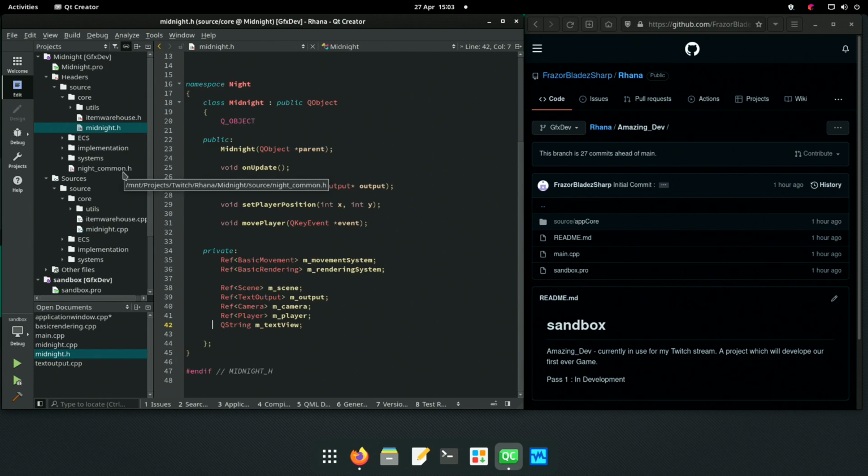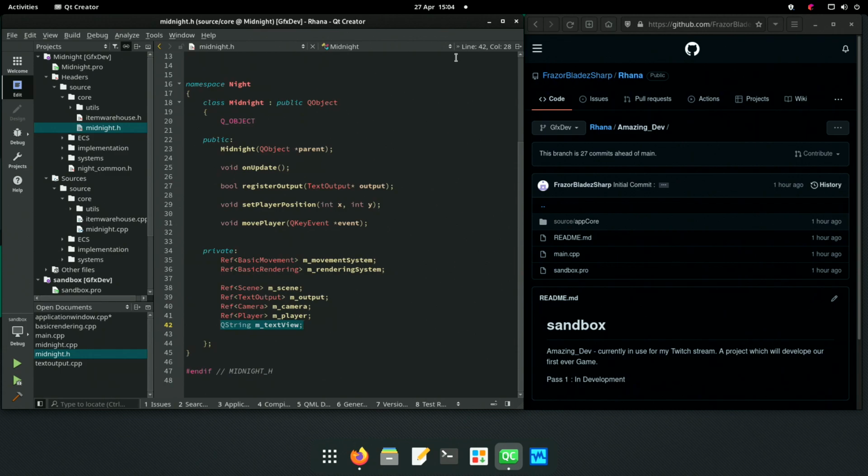Interesting. Because it's private, we can't touch it. Right, well there's your first solution.